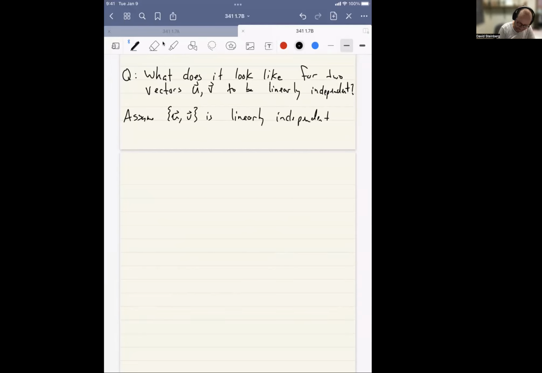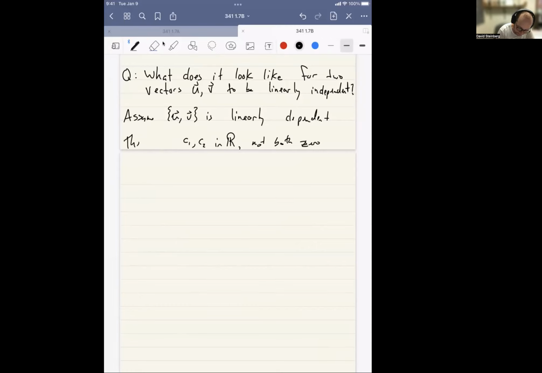So that means that for any c1, c2 in the real numbers, what should we have? Not both 0. No, sorry, we're going to assume these are linearly dependent for a second, and then we'll make a conclusion about independence in a second. So then, if we're assuming they're linearly dependent, means that we can find